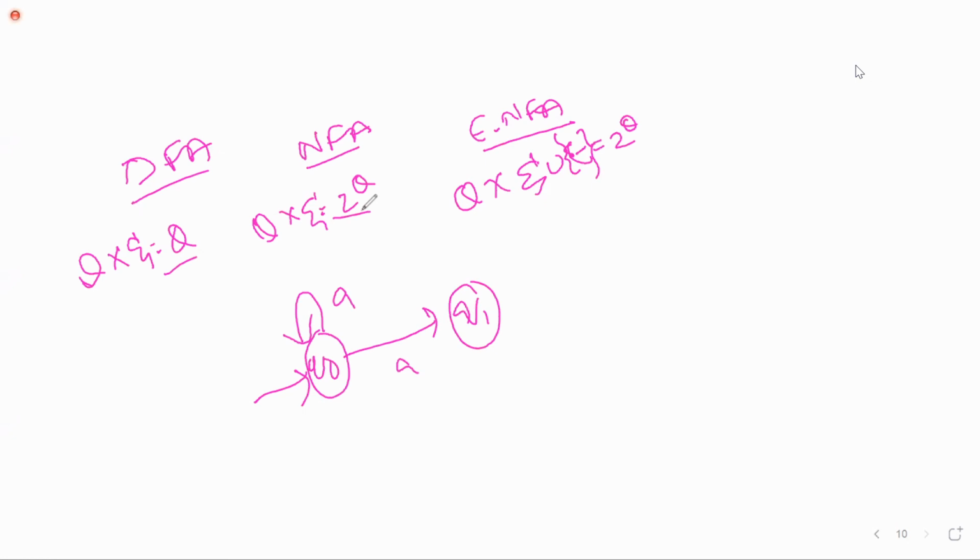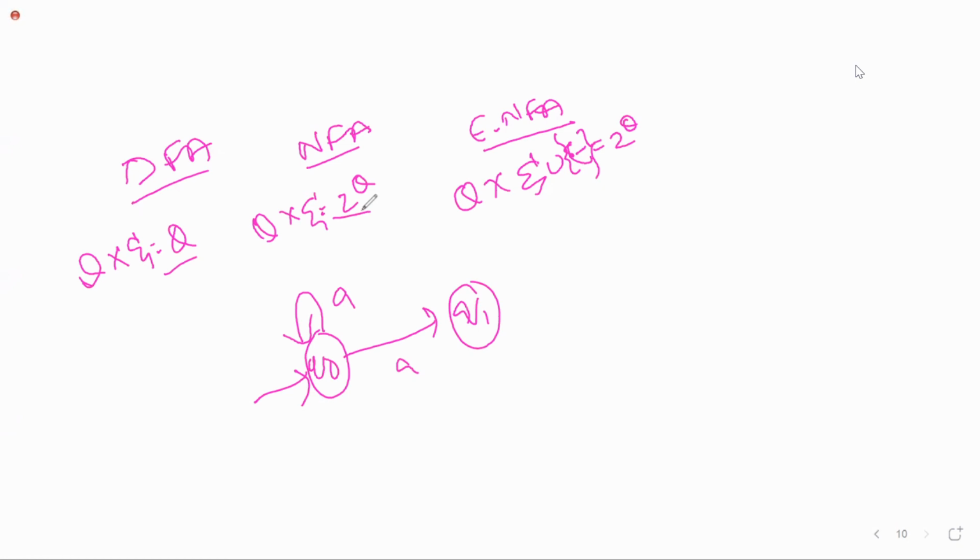What you have asked is a very important competitive question. Generally we think NFA has more computing power, but you may get a question like this: what are the computing powers of DFA and NFA? In the options, you may get computing power of DFA is greater than NFA, computing power of NFA is greater than DFA, both are equal, or none. When you get that question, choose both are equal.